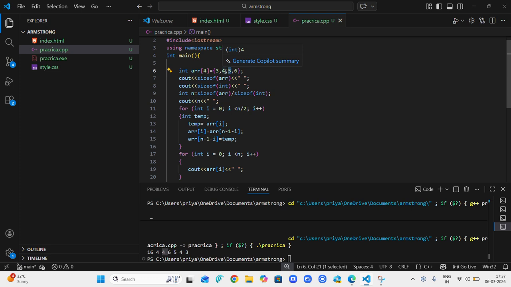I this time has become 2, so the second element would get stored over 5. So in the array of I also 5 would have got stored, and 5 minus 1 minus 2 equals 2. Then don't you realize that 5 will only get printed over here? So you need to apply this logic in this manner.